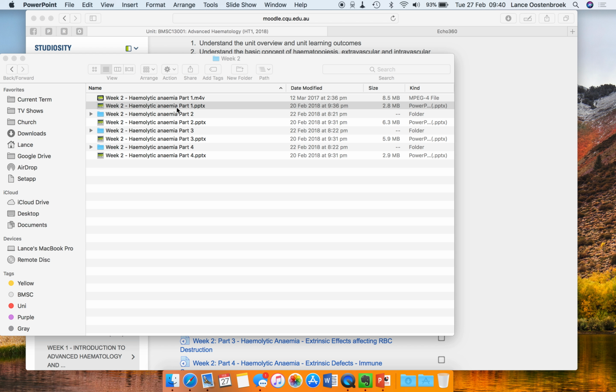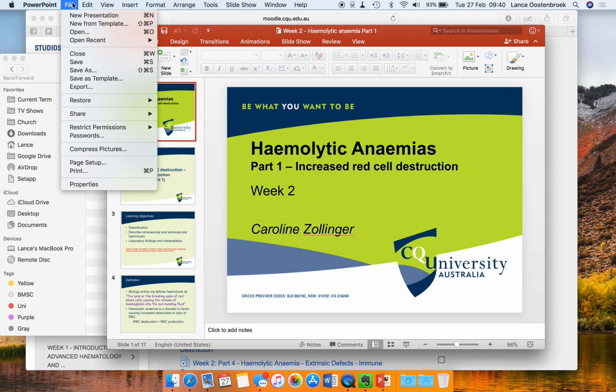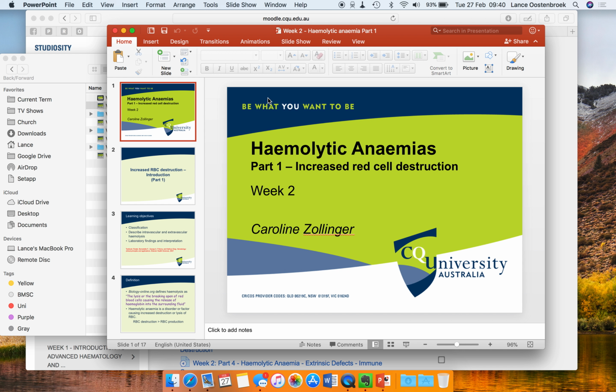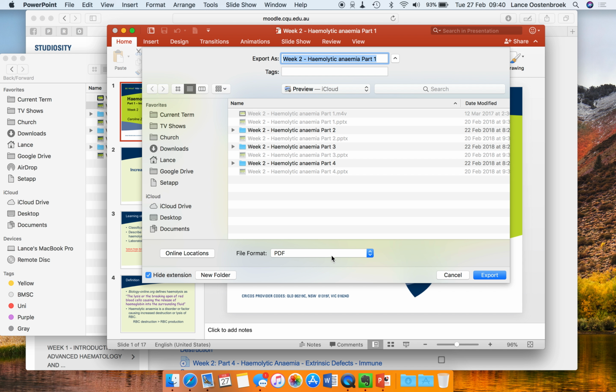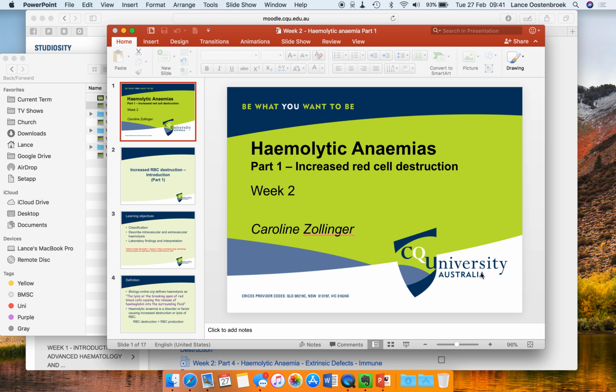So what I do is open that file in PowerPoint, and then you want to go to export, file export. It used to be in save as, depending on what version of PowerPoint you have, but in the latest and greatest on Mac, it's in the export file. So select export, and then file format. It's default as PDF, but if you change it to JPEG, that will save each slide as one image, and it will create a folder within where you are going to save it, which is default the folder that you had the PowerPoint. Each slide will be a separate image. So you do that export,